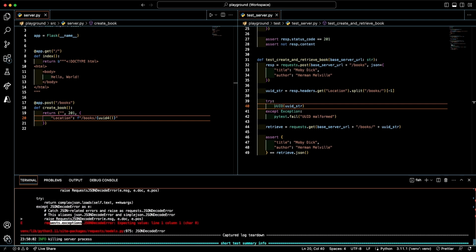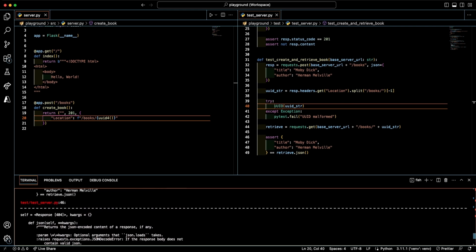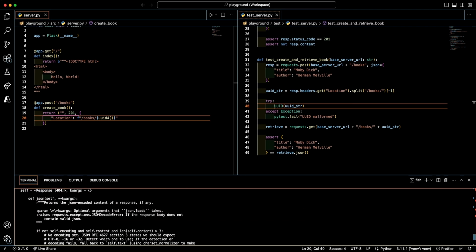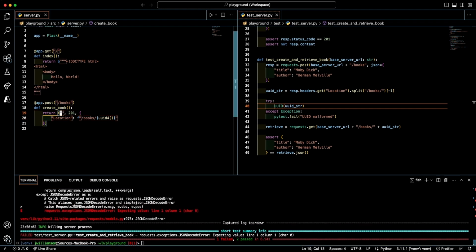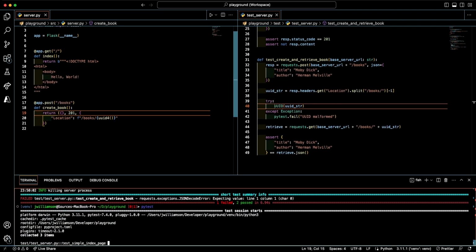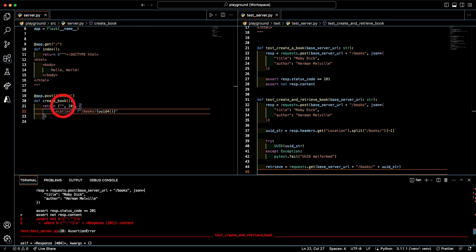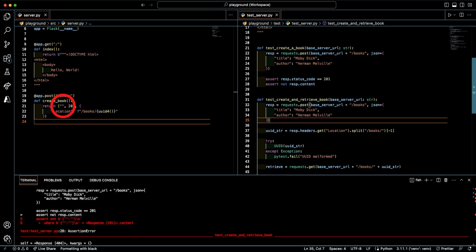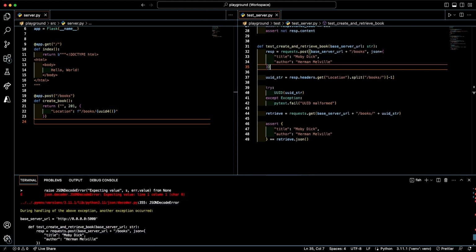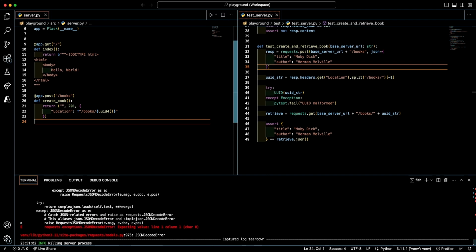And now we're running into a JSON decode exception. And that's all fine and dandy. That is because, as you can see here, we are not returning something that is JSON valid. So let's just return something that is JSON valid. And that was not it. Okay, so that broke that test, which makes sense. I shouldn't have just done that. So then the thing over here is it's not expecting JSON. Oh,